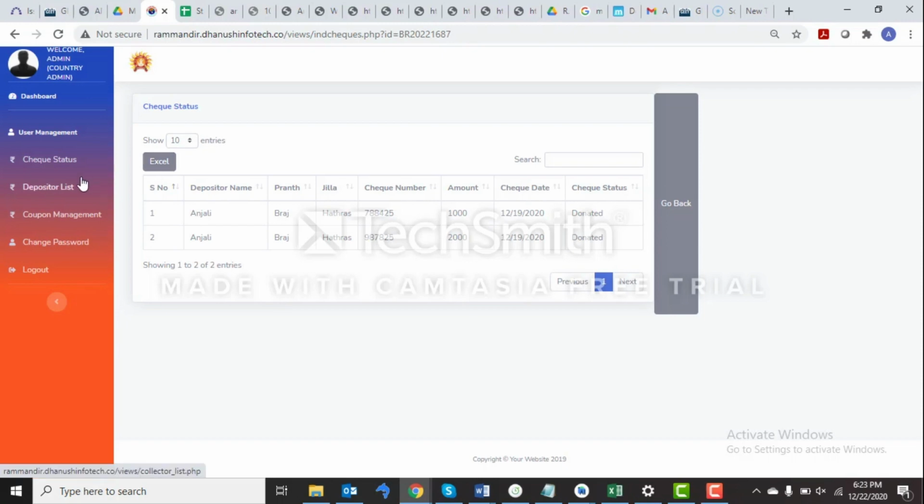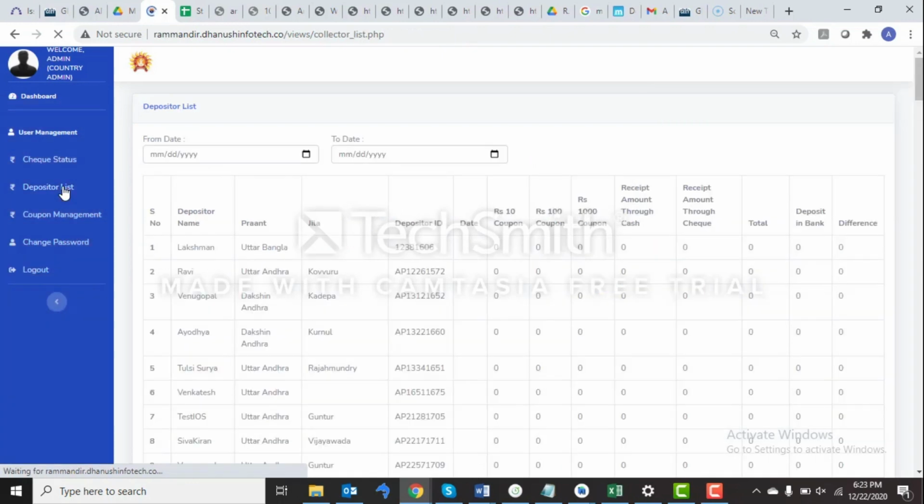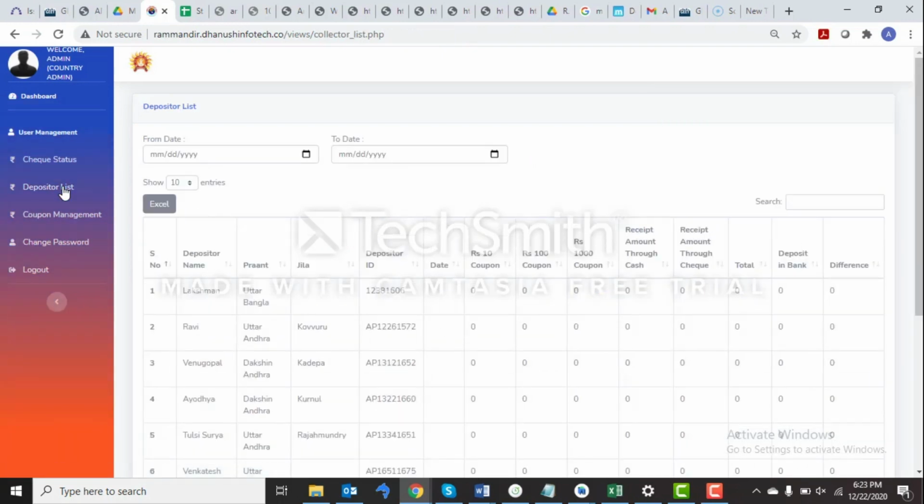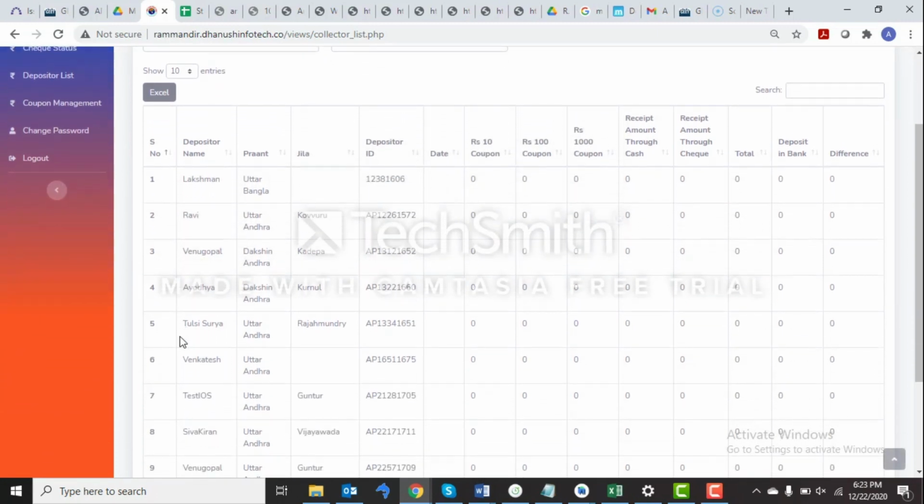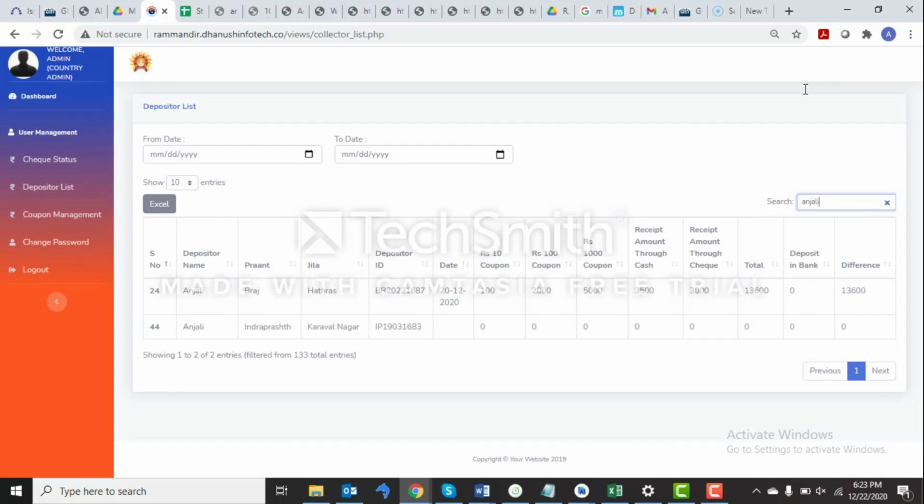After check status report, we have depositor list report. For that, we need to click on depositor list over here. In depositor list report, we get the information of each and every depositor like depositor name, Prant name, Jilla name, etc. If we want to click on any particular depositor, then we can search for that depositor in the search bar, and as we can see, we get the information like the name of the depositor which we have searched for,